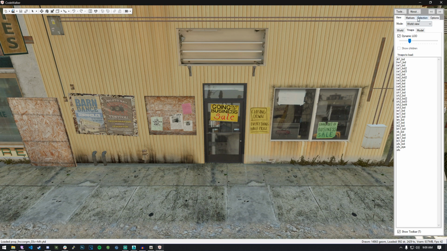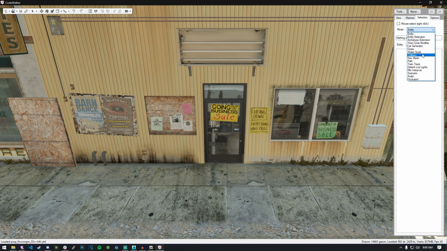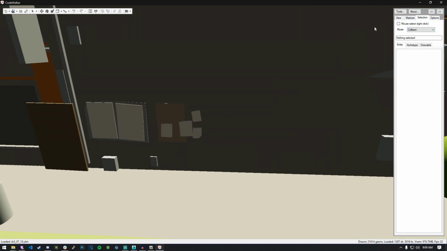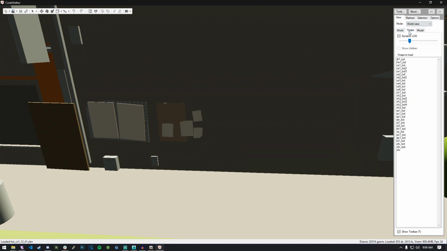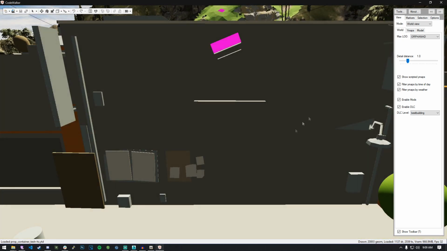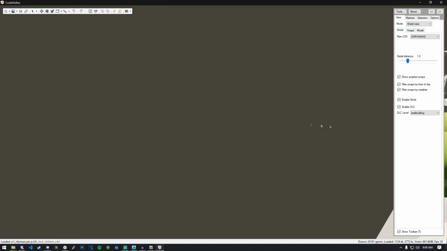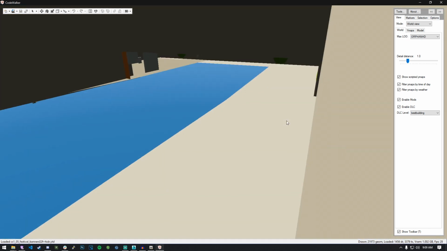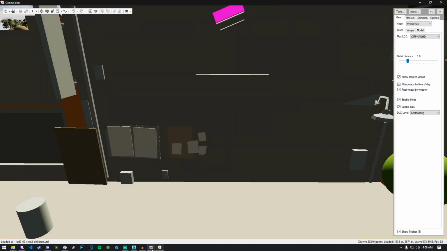So, here's what we're going to check. Collision. It does not seem to be loading what we want it to be loading, at least from what it seems. So, we may have forgotten a step here. But we can verify